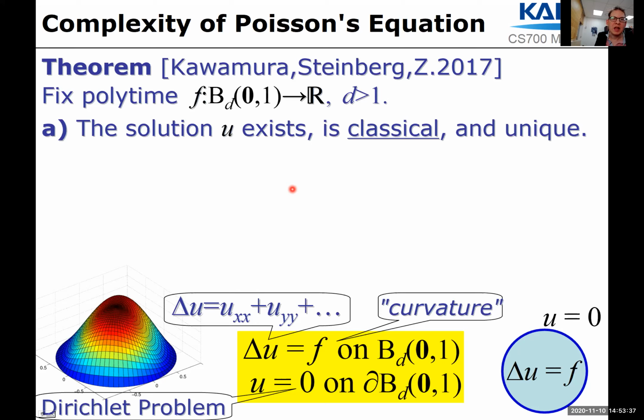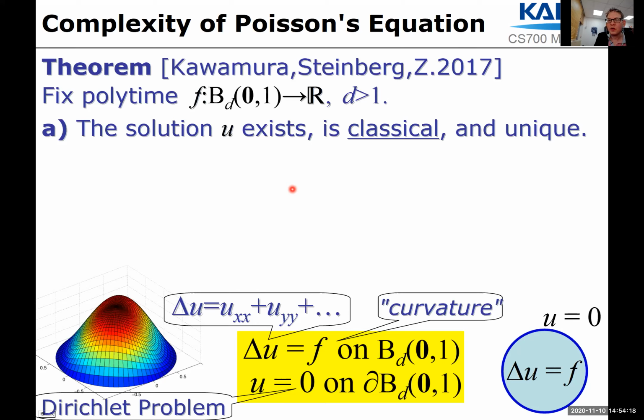So the first of three parts of his main breakthrough result in his PhD thesis is that under this hypothesis, the solution exists and is classical and unique. And the emphasis is on being a classical solution. For classical solutions, for once or twice continuously differentiable functions, we have our existing complexity theory, as we have seen at the beginning of chapter 5 of the current lecture.